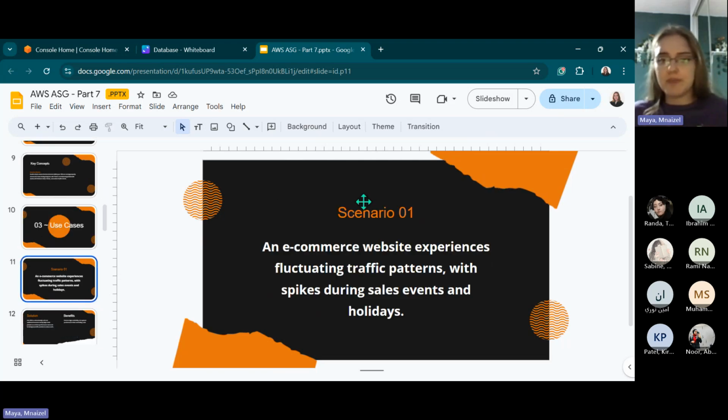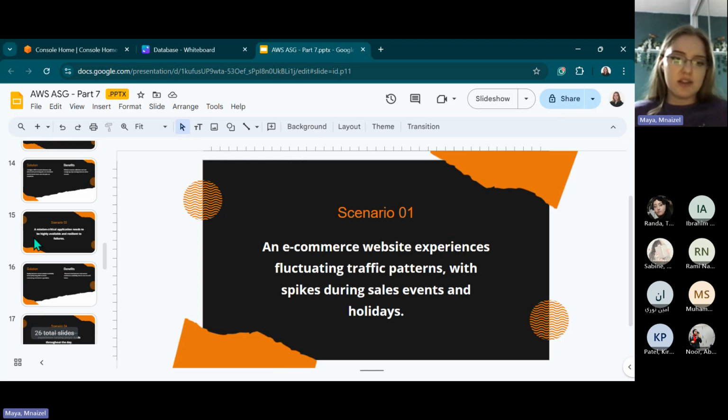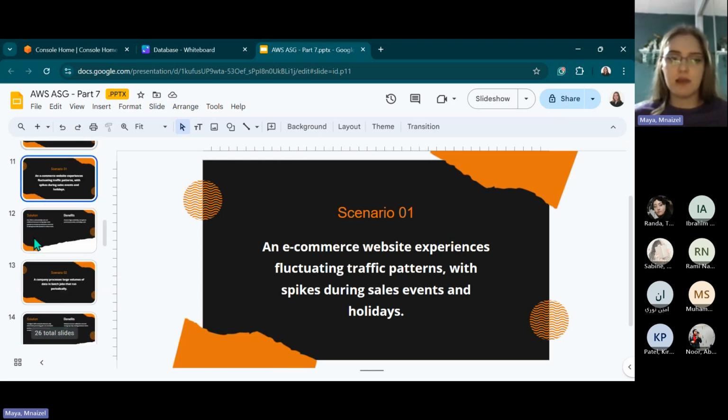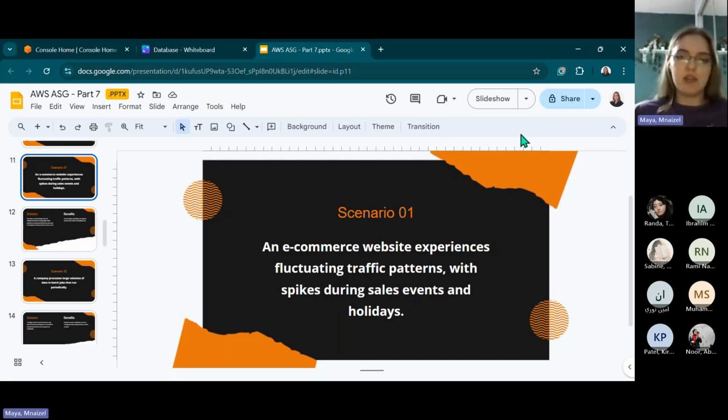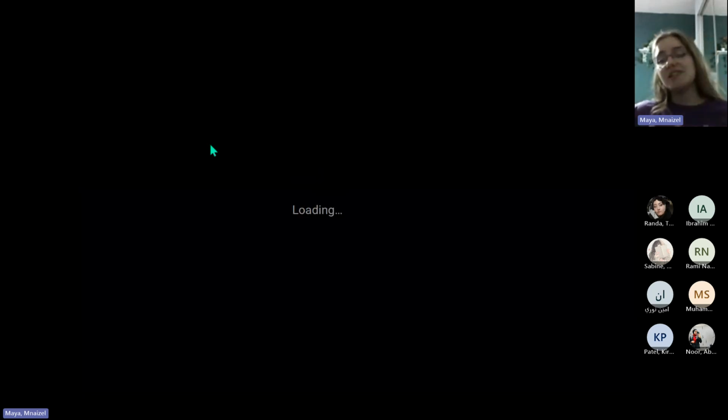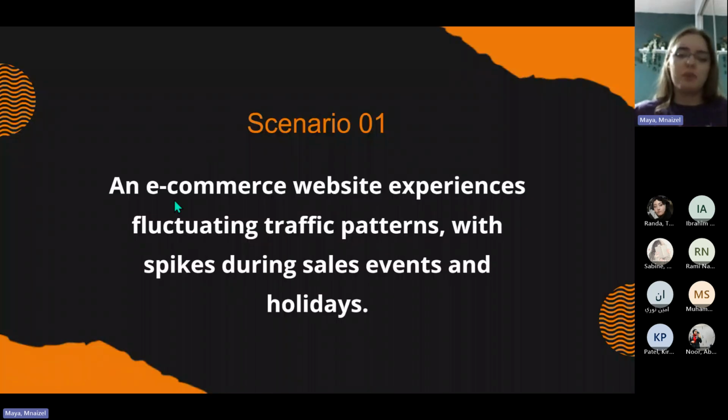So use cases. Guys, these are 5 scenarios I want to talk about, and I want you to really understand and read what type of scenarios and business cases we're going to have. Scenario 1: we have an e-commerce web experience with fluctuating traffic patterns, with spikes during sales, events